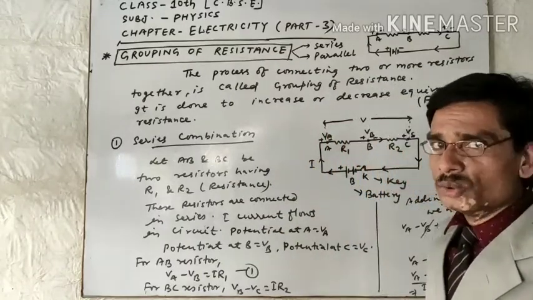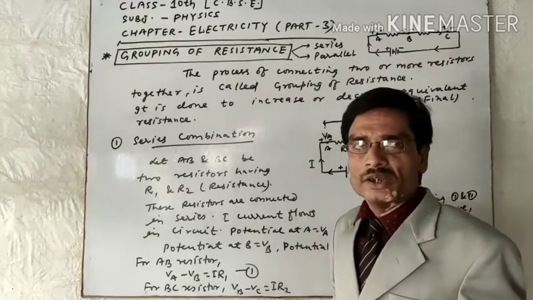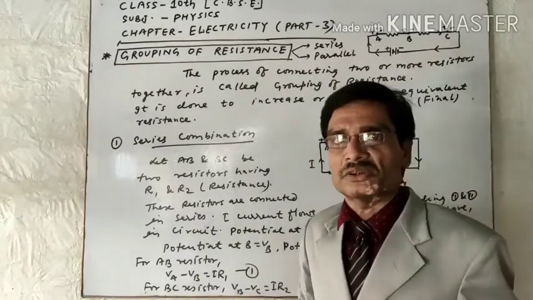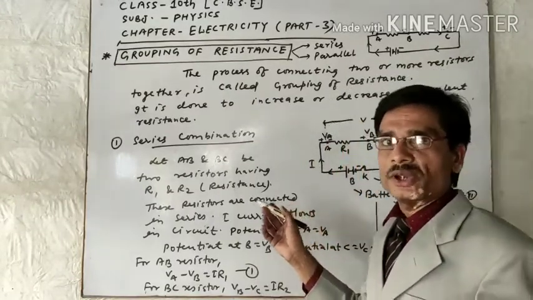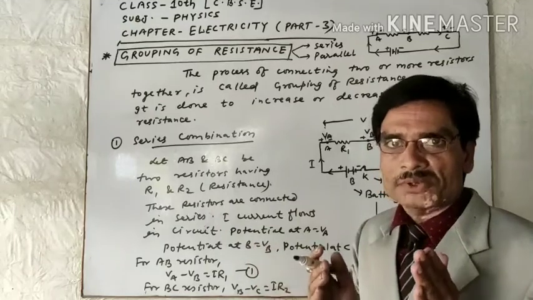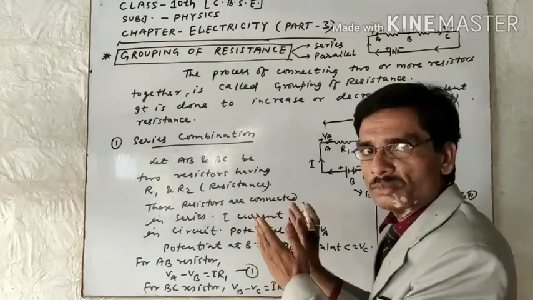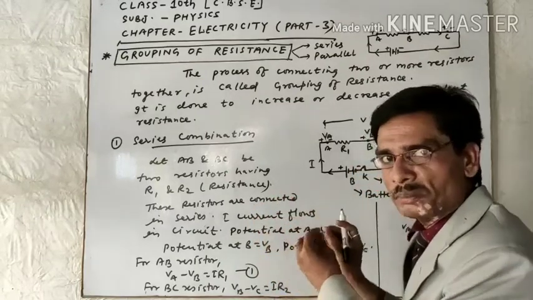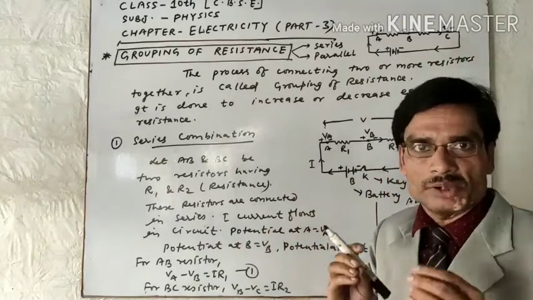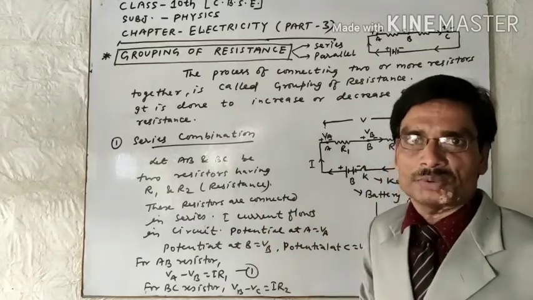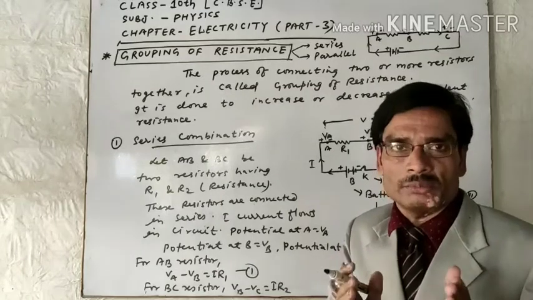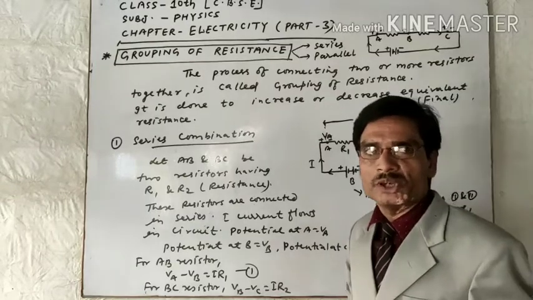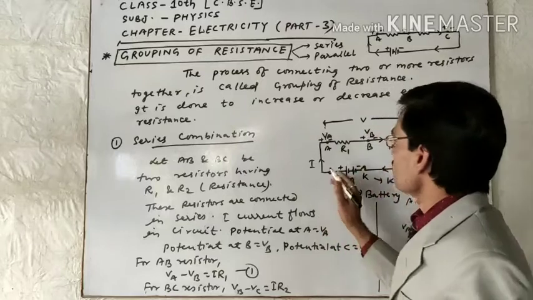Now, you have to study what the equivalent resistance should be when two or more resistors are connected in series combination. Let us understand. Students, keep your sharp eyes towards the whiteboard so that you can get each and every fact minutely and it will set up in your mind without any obstacles. If your theory is strong, then you can also solve various numerical problems related to it. Here